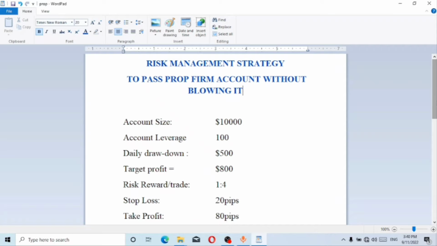For example, I'm a trader. I know that if I trade 10 times, I can win 6 times or 7 times and lose 3 or 4 times. I always consider my SL and I use it every time. Now, for the sake of this video, I'll be using a 20 pip SL for illustration and a target profit of 80 pip. This gives me a 1:4